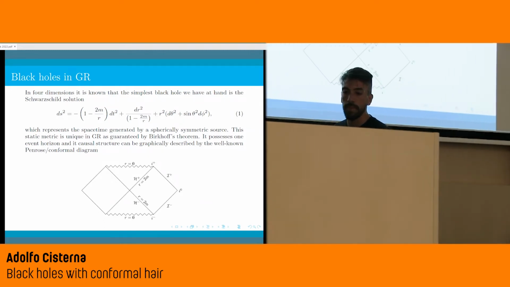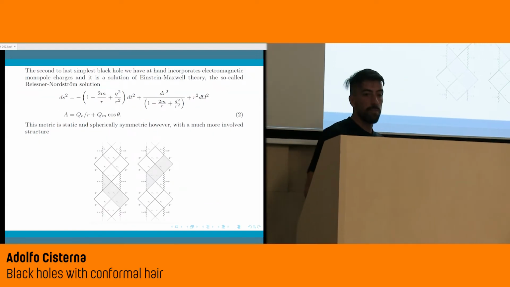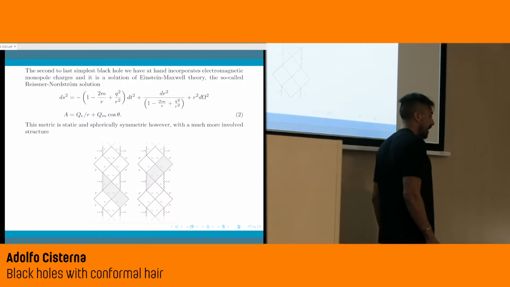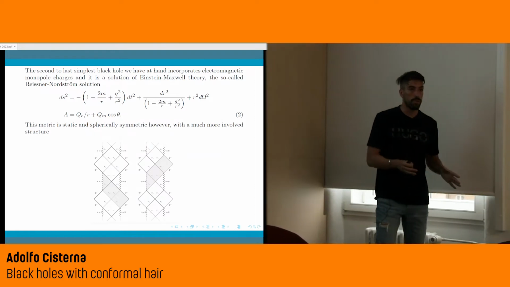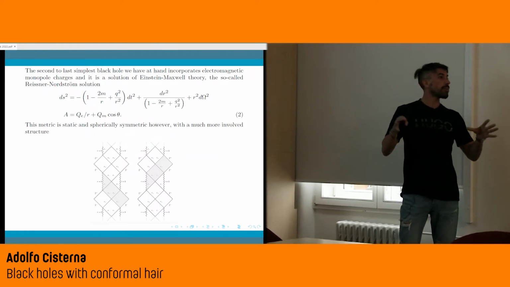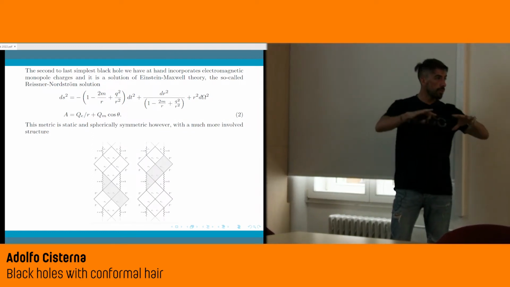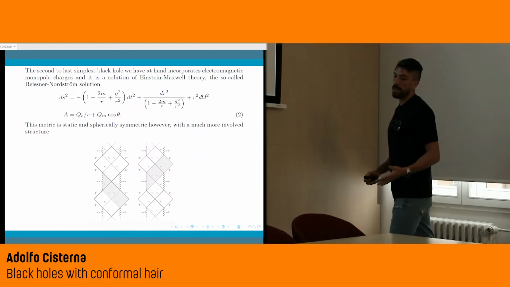Okay? Nevertheless, in Einstein theory in vacuum we have more solutions, and the second one we have at hand is obtained by simply taking the Schwarzschild black hole and including some electromagnetic fields. So basically we are now solving the field equations of Einstein-Maxwell theory. So we have a body in which there is also some electromagnetic field distributed. Okay? If we take a pretty simple electromagnetic field,